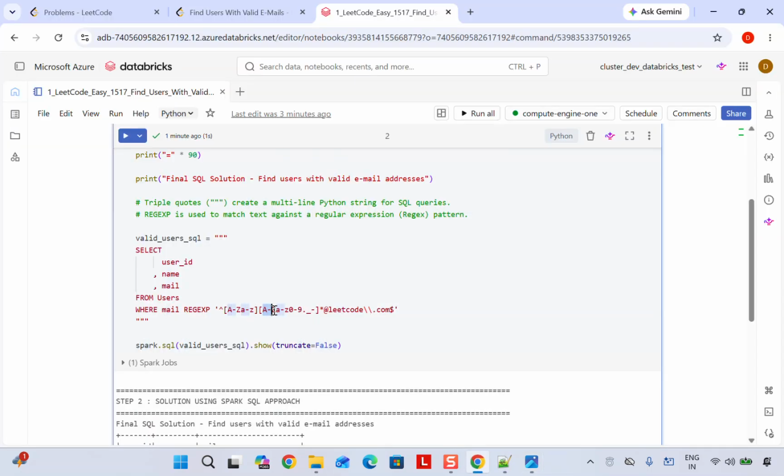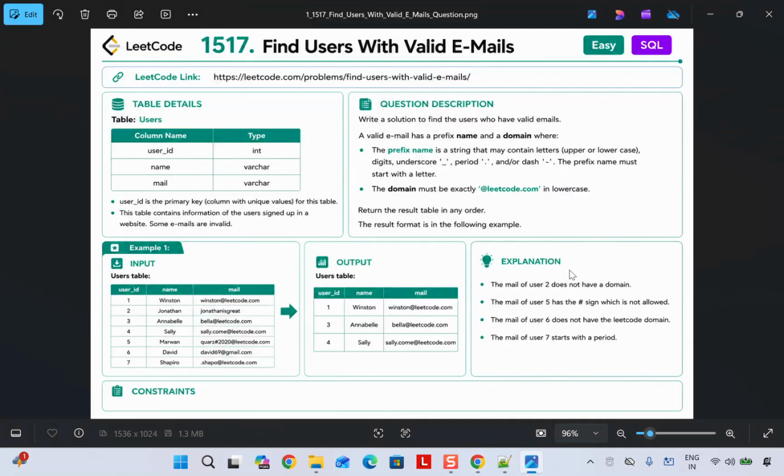You see, we have A to Z, lowercase, any digits, dot, underscore, and all that we have mentioned based on the criteria given, right? And it should have a valid email ID, right? If you go to the question, here we have, it should have a valid email ID, right? So based on that,